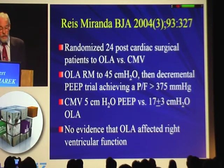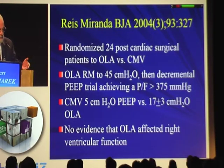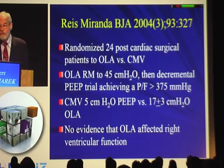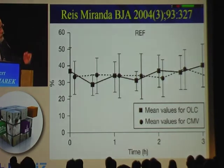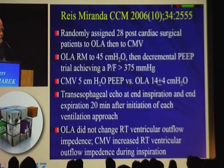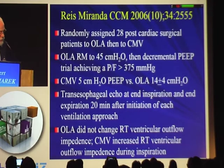ordered postoperatively on these patients. They compared 5 to the open lung PEEP, which ended up being 17, and in this first study, there was no negative impact on right ventricular function. The group with 5 of PEEP and the group with 17 of PEEP, when they looked at the right ventricular ejection fraction, no different. Exactly the same ejection fraction, in spite of that very dramatic difference in PEEP level between the two groups. In their second study, they looked more carefully at right ventricular function, basically the same overall methodology, recruitment,